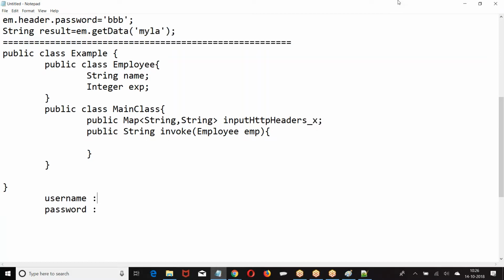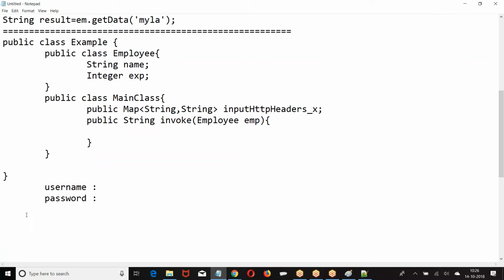So how do you define the service now? Now you are supposed to create an example dot main class.